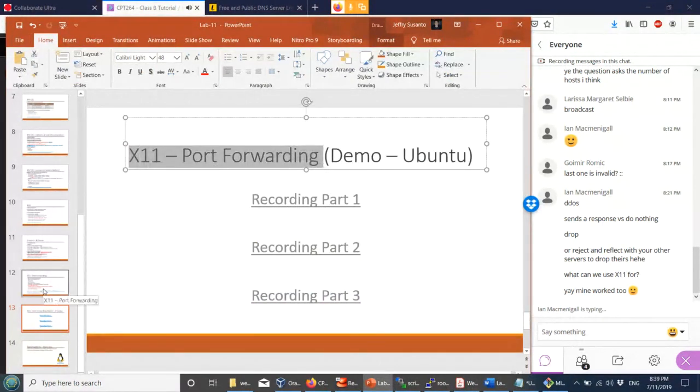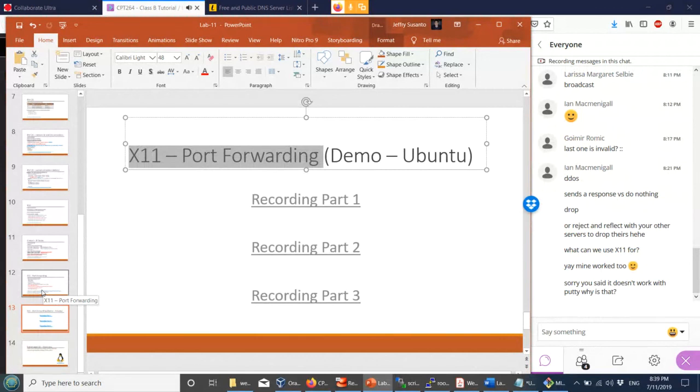You need to learn it. I'm pretty sure it should work. It should work with PuTTY. It doesn't really matter, PuTTY,